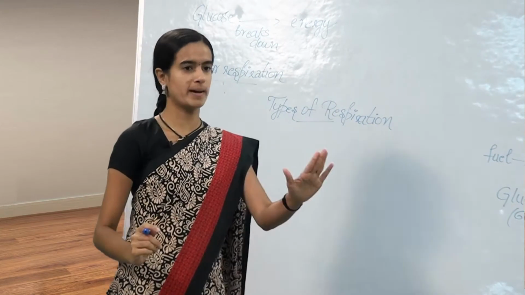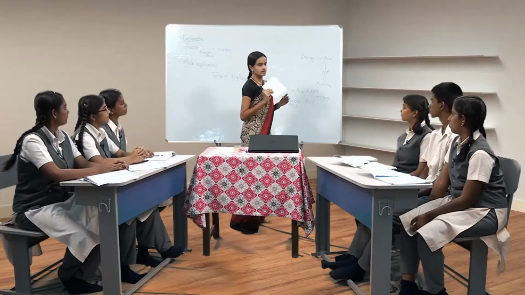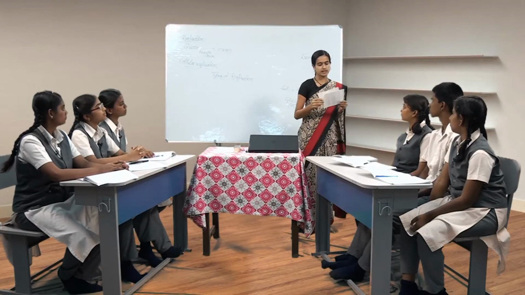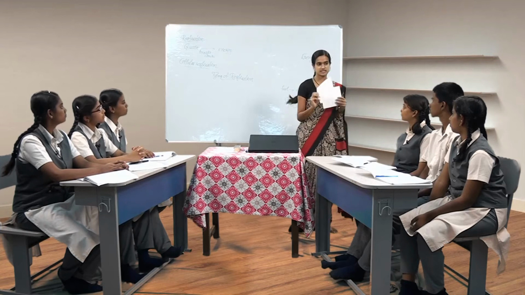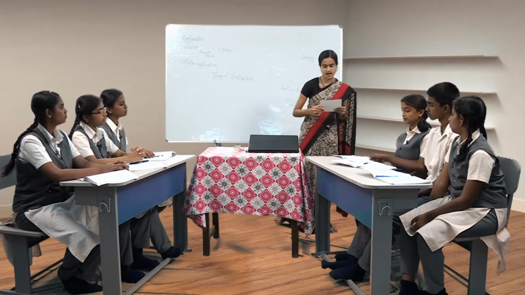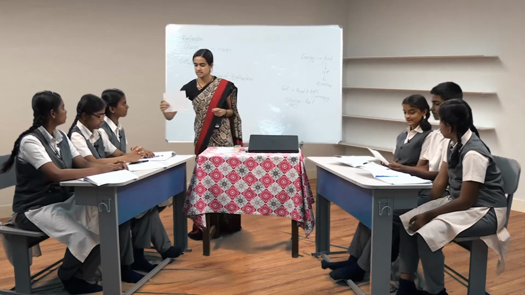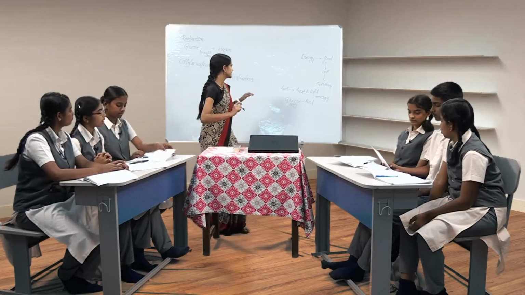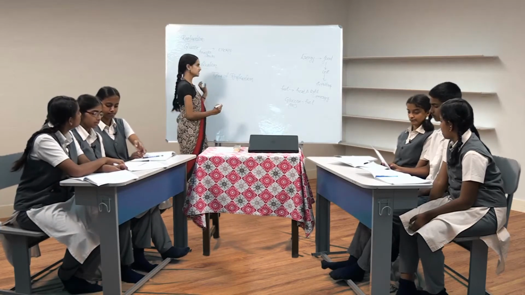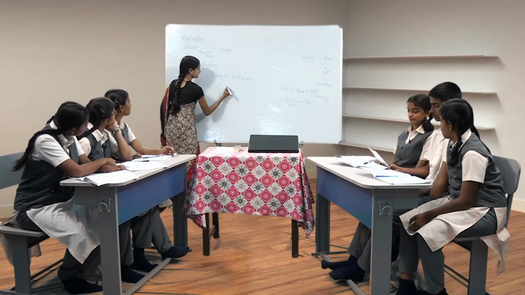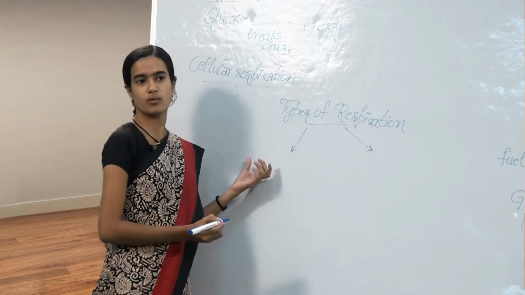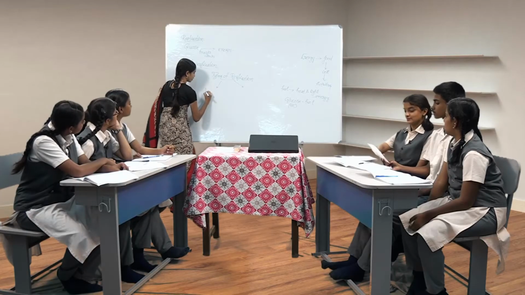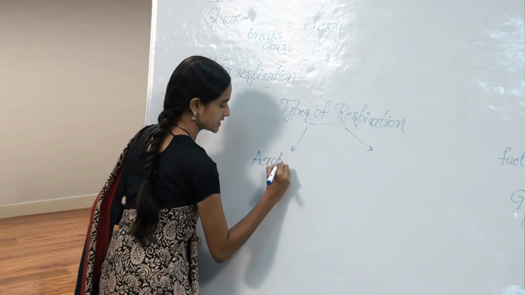Now this is group A and this is group B. I have two handouts for you. One is one type of respiration that I'll give to this group. Another is the second type, anaerobic respiration. So before I give you the types of respiration, I'll just tell you that there are two types of respiration. What are these? Aerobic respiration. Anaerobic. Okay, so aerobic and anaerobic respiration.